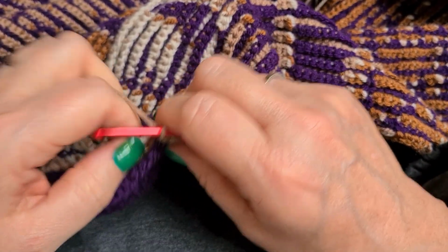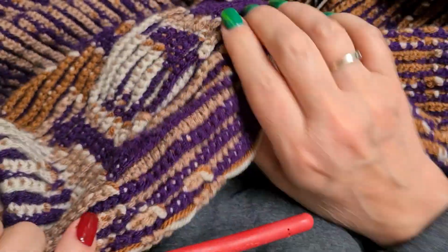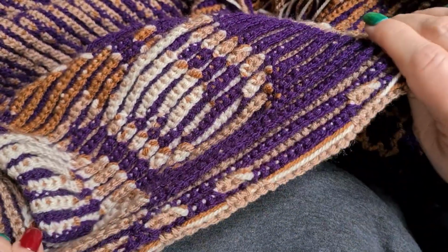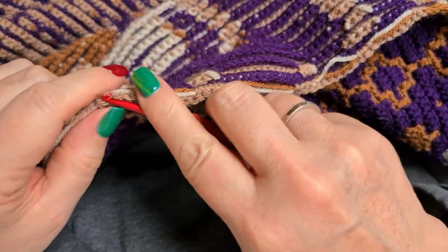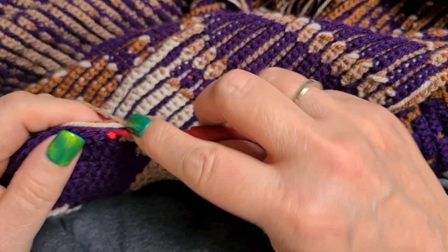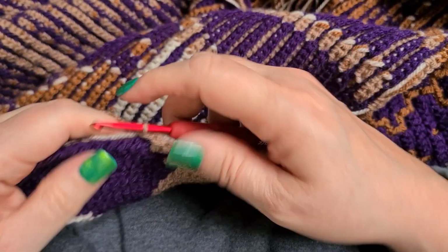And then how many singles? 19 singles, so we get a good guide. Now I'm going to check if I pull it right. Pull it a little bit tighter. Stretch, pull, stretch, pull. That is all you have to do. Don't lose your stitch. And now we're going to do 19 singles. So we're going to guide the yarn with us, but not on the first stitch after a double crochet, because it will bleed through. 1,